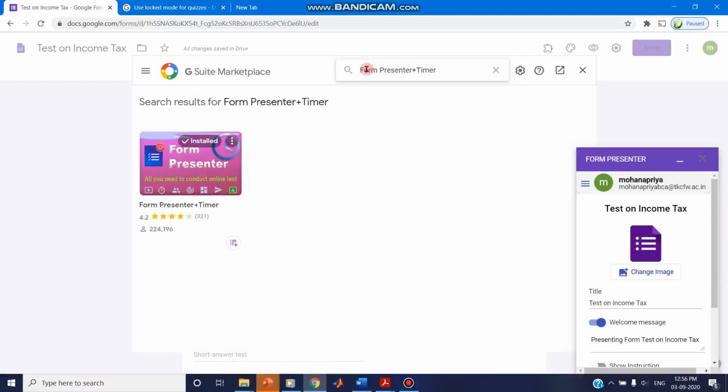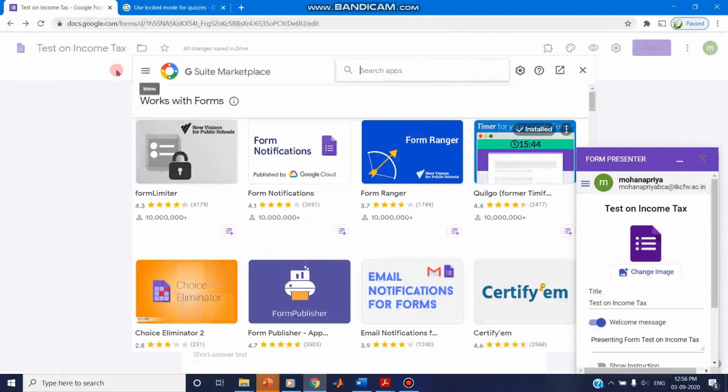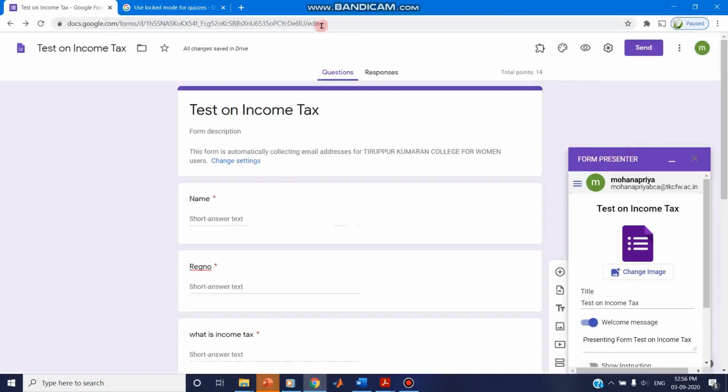Once you click on this Form Presenter, it is installed. If it is not installed, you can install this add-on and then come back to Google Forms and select the settings.